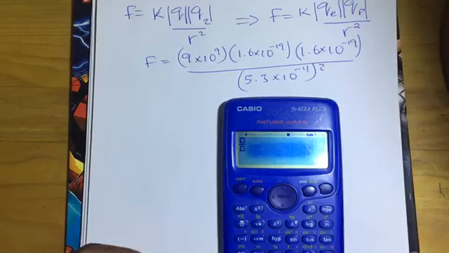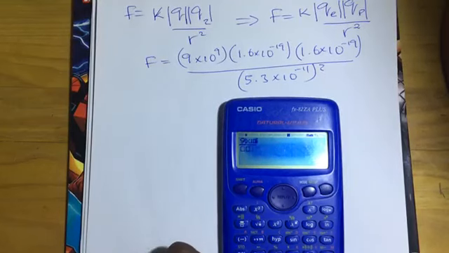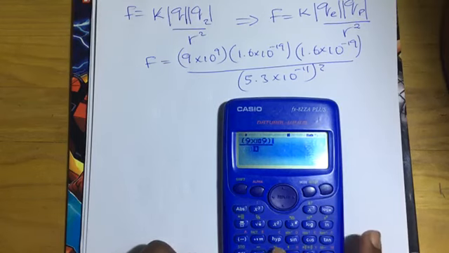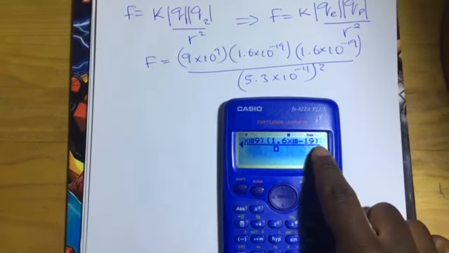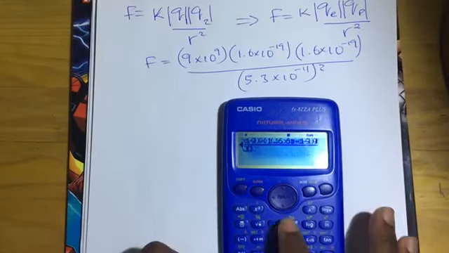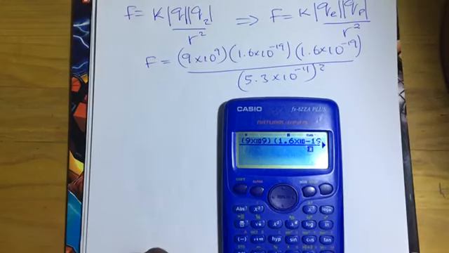So this is going to be 9 times 10 to the power 9. Let's use brackets. 9 times 10 to the power 9, times 1.6 times 10 to the power negative 19. If I want, I can just square this, but let's just write it twice. 1.6 times 10 to the power negative 19. And then everything is being divided by